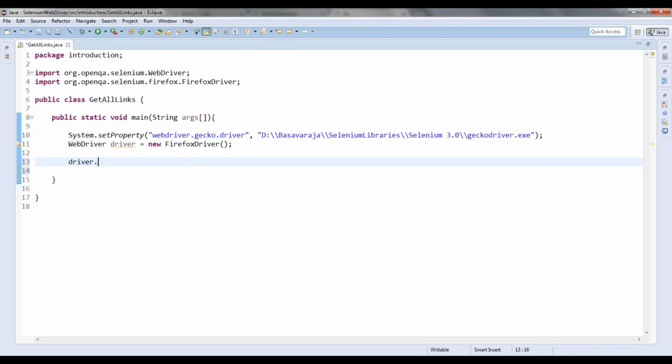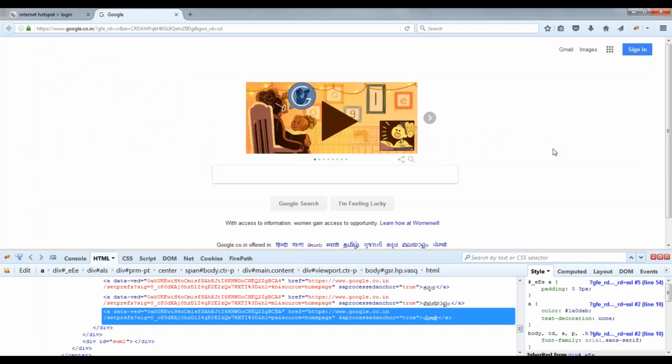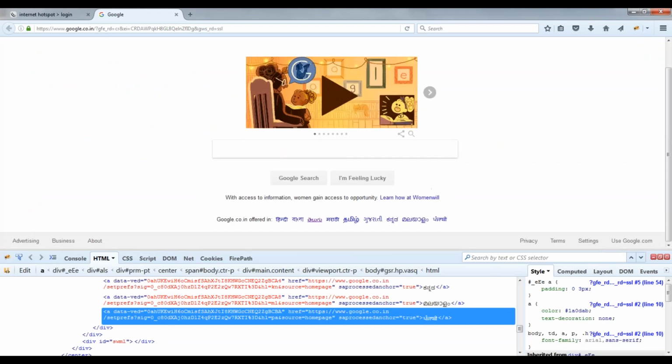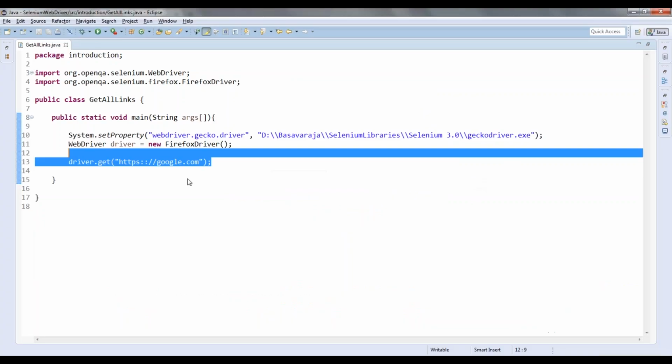So driver dot get google.com. We will go to google.com and we will get all the links which are available. So how will I get that?